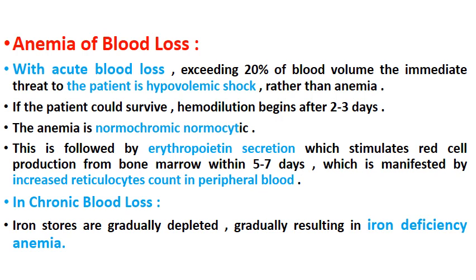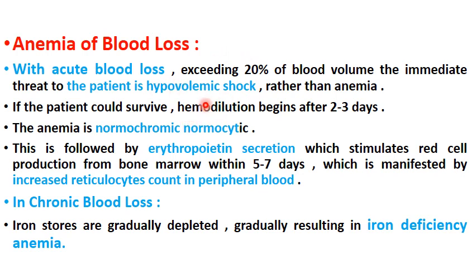Anemia of blood loss. We have blood loss, either acute blood loss or chronic blood loss. So when there is acute blood loss exceeding 20% of the blood volume, the patient has hypovolemic shock rather than anemia, because there is no time. The anemia needs time to develop. If the patient survives after losing this 20%,